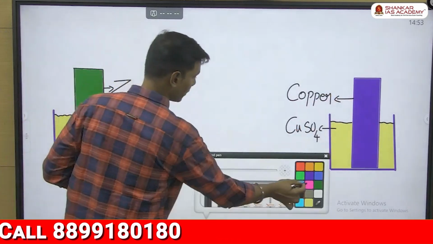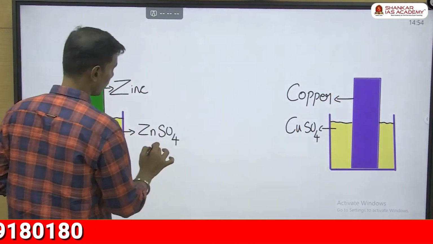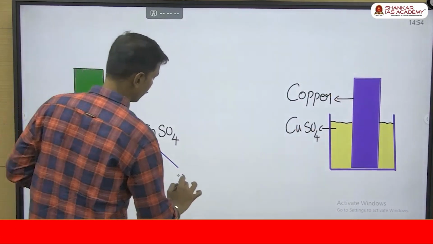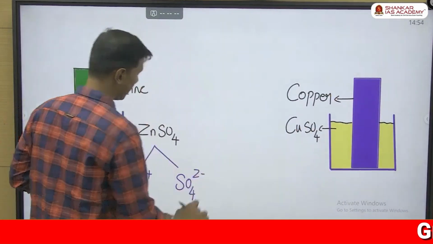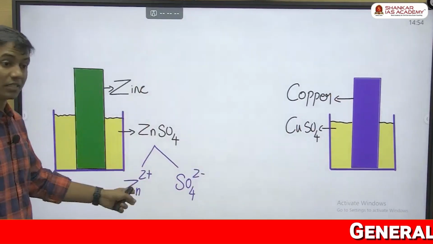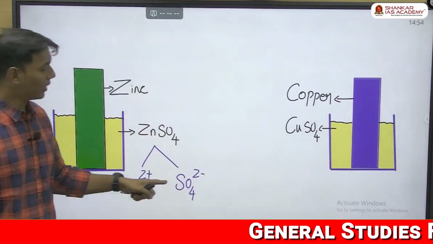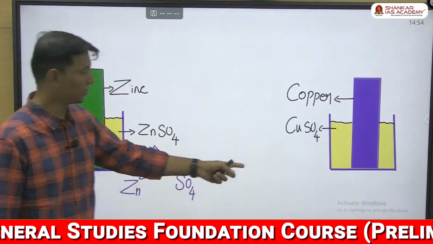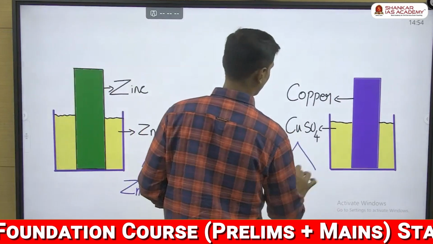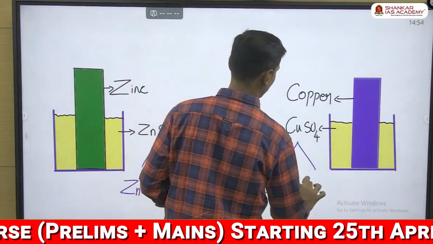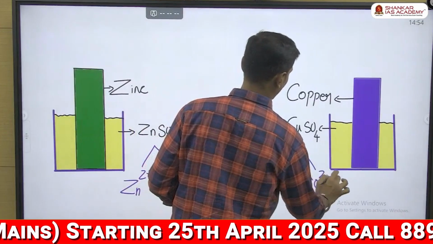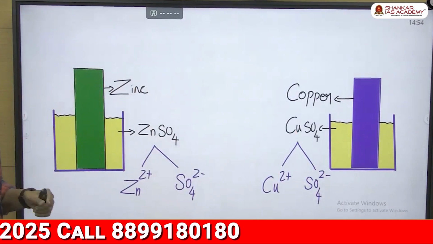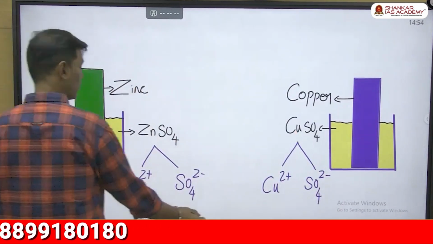When we say zinc sulfate solution, basically it contains two ions inside. One is Zn2+, the other one is SO4 2-, two ions. Zn2+ is zinc that has lost two electrons, and SO4 2- is sulfate that has gained two electrons. Only then will it have a negative state, no? Similar to that here, copper sulfate has two types of ions inside, Cu2+ and SO4 2-. That is copper that has lost two electrons and sulfate that has gained two electrons. Have you understood this? Next, we are going to connect